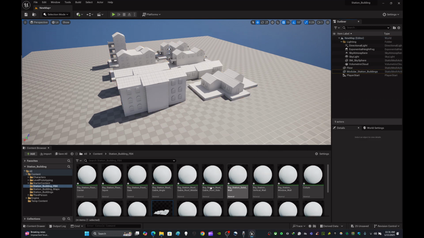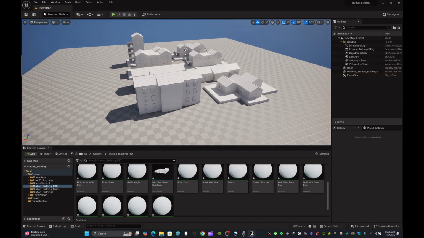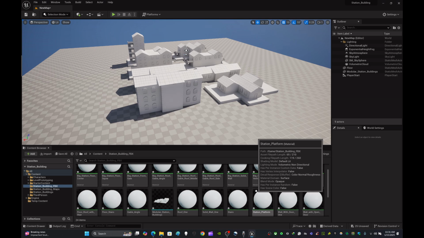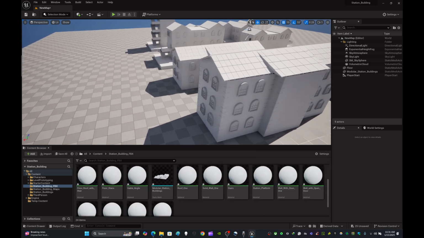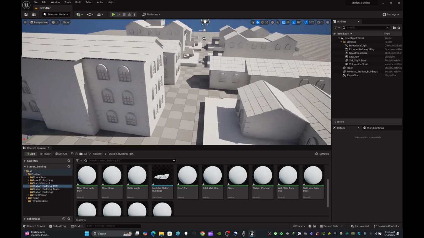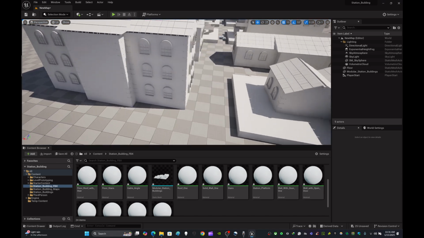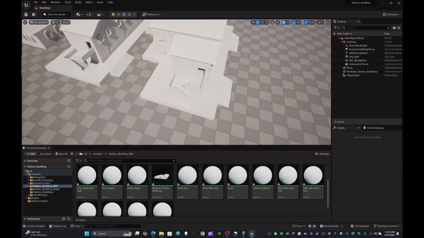As you can see, the white material balls, or material slots, whatever you're going to call them. So like this, we are seeing that our model has been imported correctly, and now we need to scale